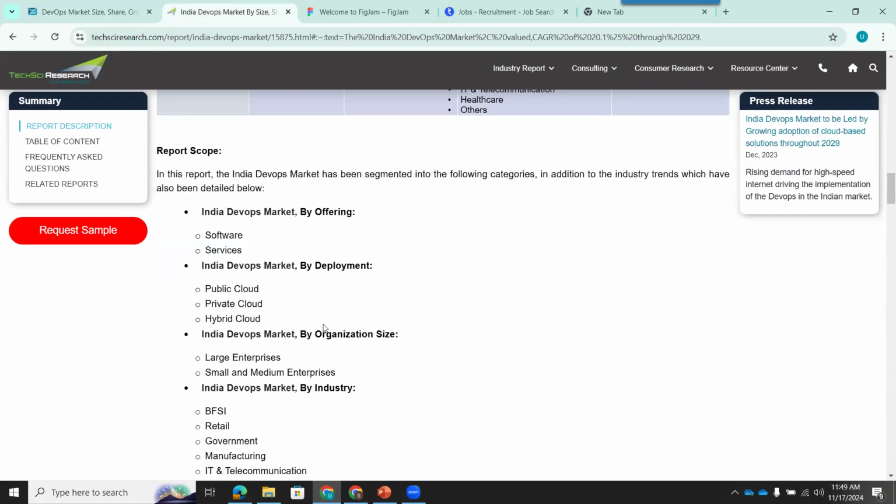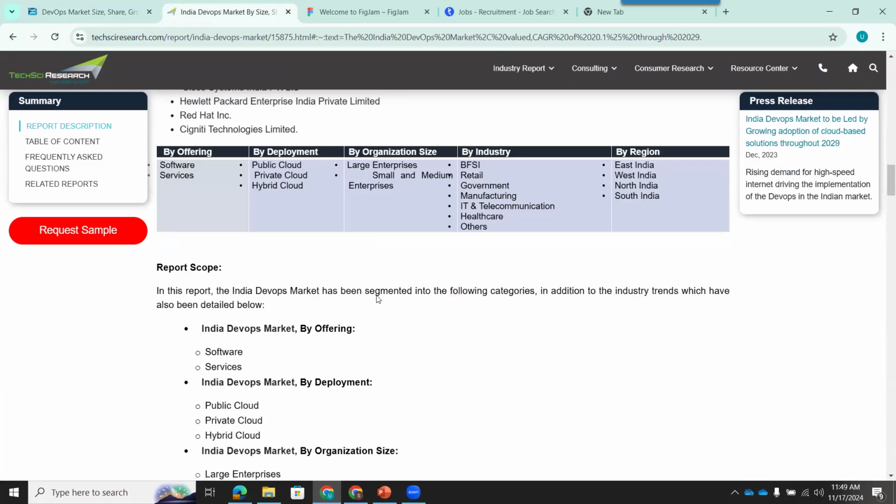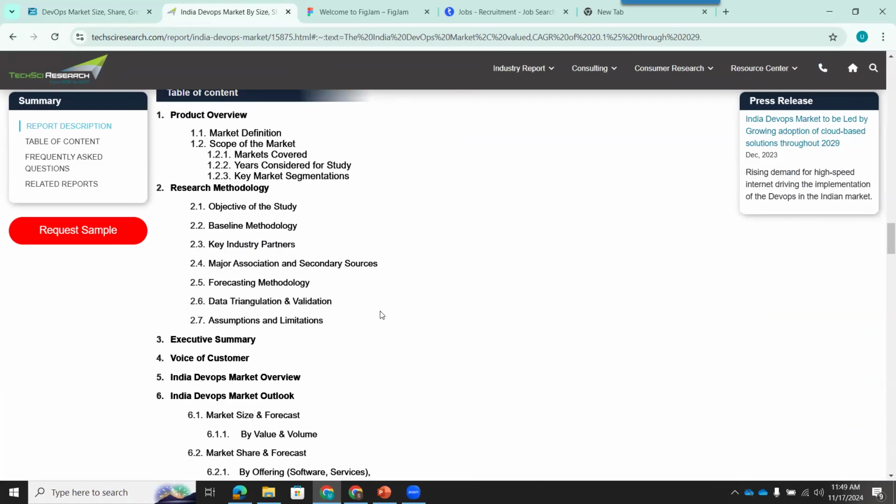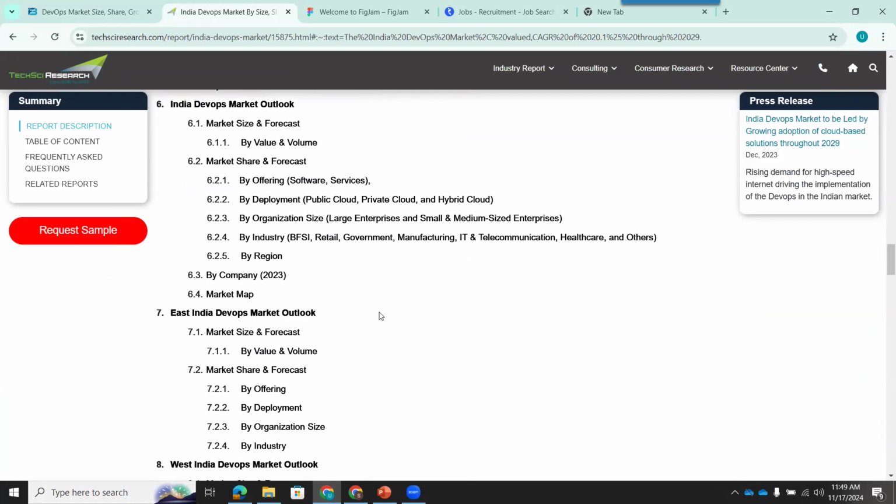So why is there such huge demand? Because after the pandemic, everyone wants an online presence. So a lot of companies are there, a lot of opportunities are there, and DevOps engineer is a critical role. It is not a role that can be laid off easily, because you are the one responsible to keep the application alive. Whenever layoffs happen, developers and other people get laid off, but DevOps engineers are the support team.